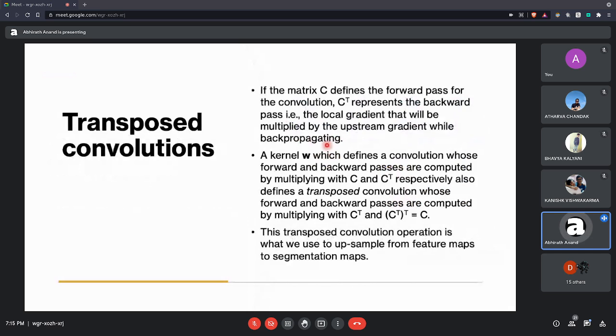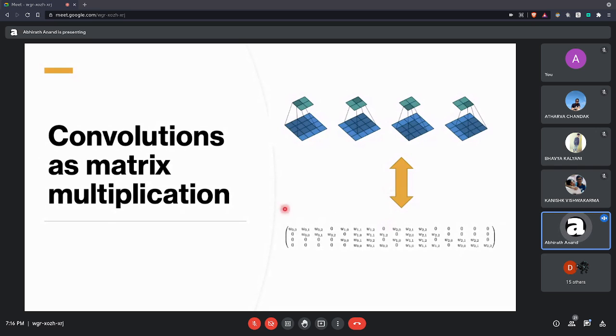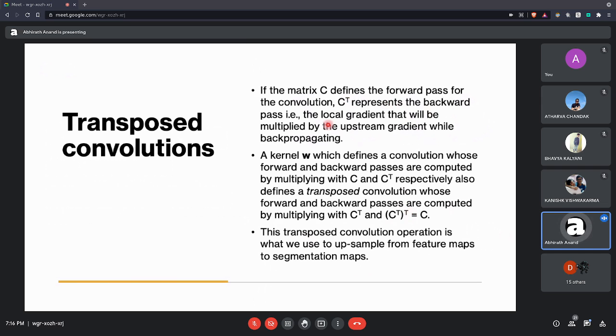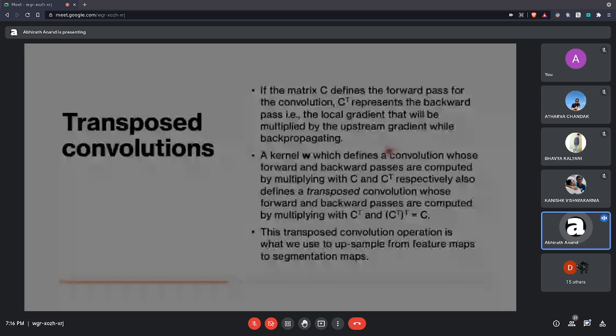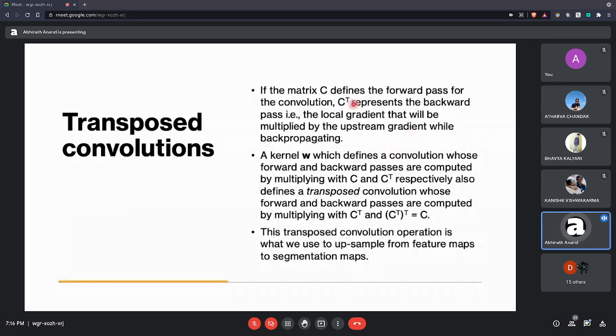So over here is the first time that we can understand where the term transpose convolutions comes from. If the matrix C, like we saw C over here, defines the forward pass, then C transpose represents the backward pass. That is, when we are backpropagating through this entire network, I hope that you are familiar with these terms, the local gradient, the C transpose will be the local gradient that will be multiplied by the upstream gradient